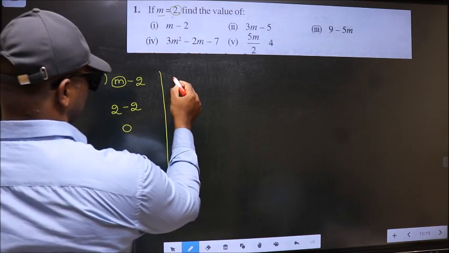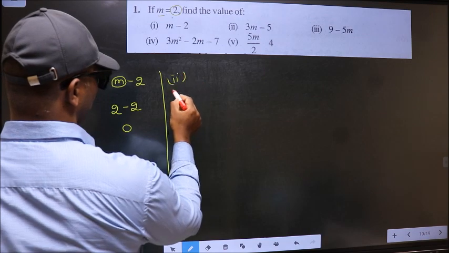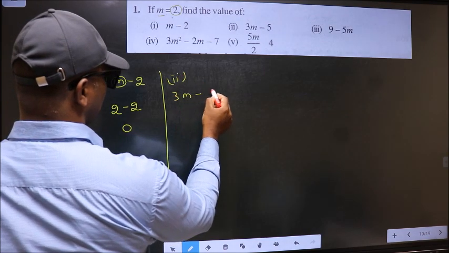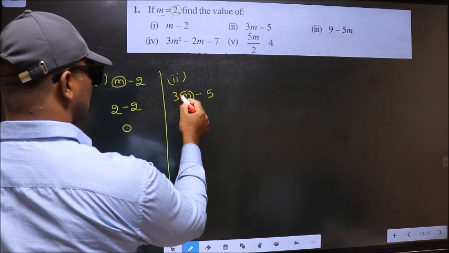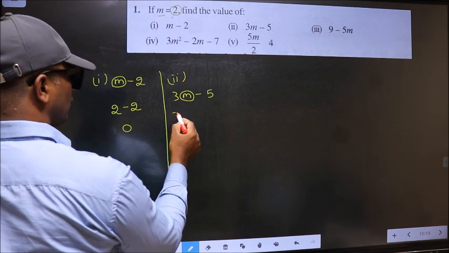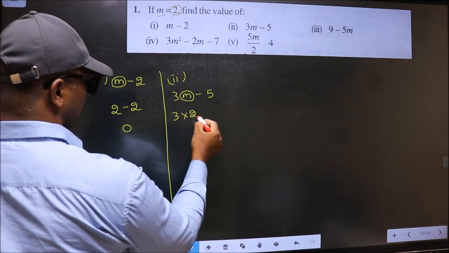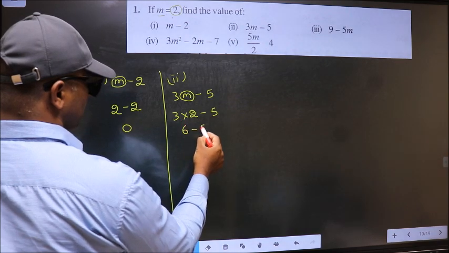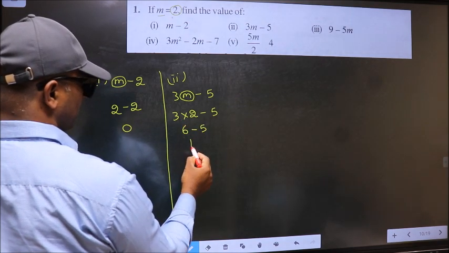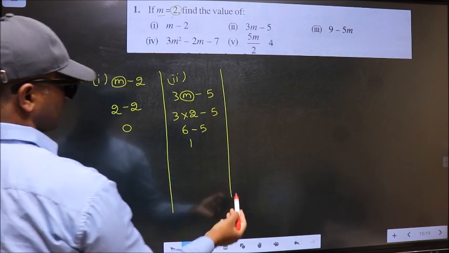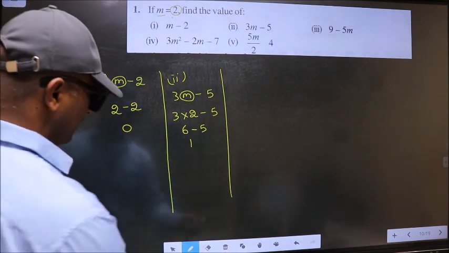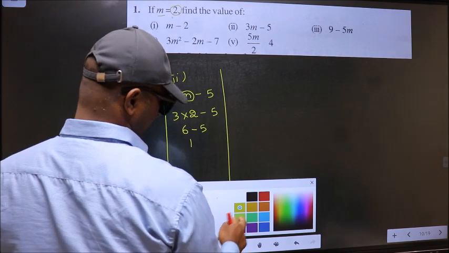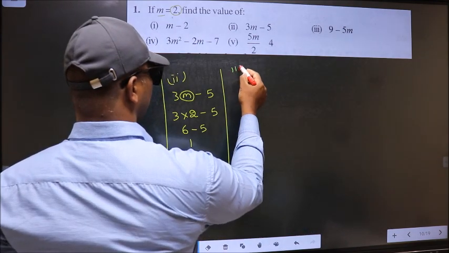Next, second bit 3m minus 5. Now in place of m, we should write 2. So 3 into 2 minus 5. So 3 into 2, 6 minus 5. 6 minus 5, 1 is the answer for the second bit. Next, third bit